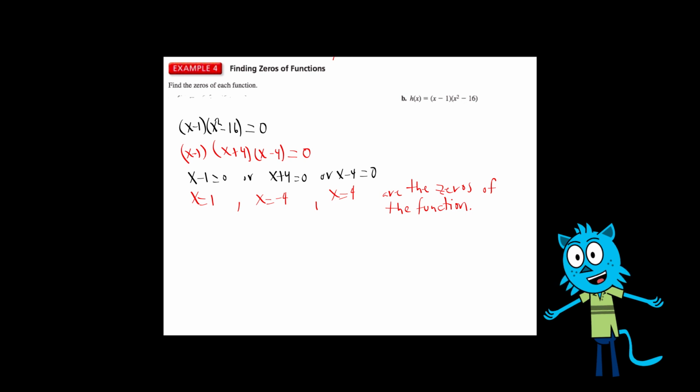At this point, you can go ahead and pause, take a look at what we've done, and then continue on to example number 5. We want to graph this function h of x is equal to